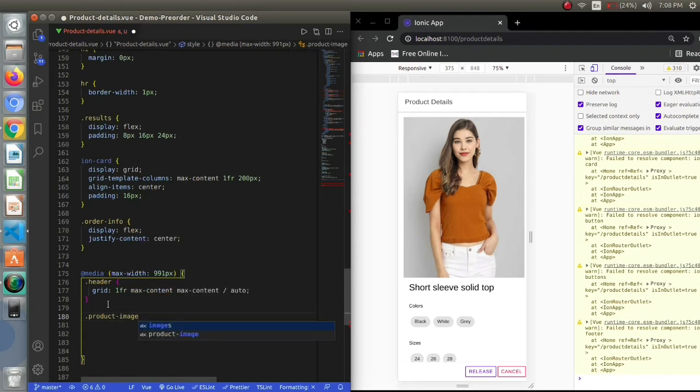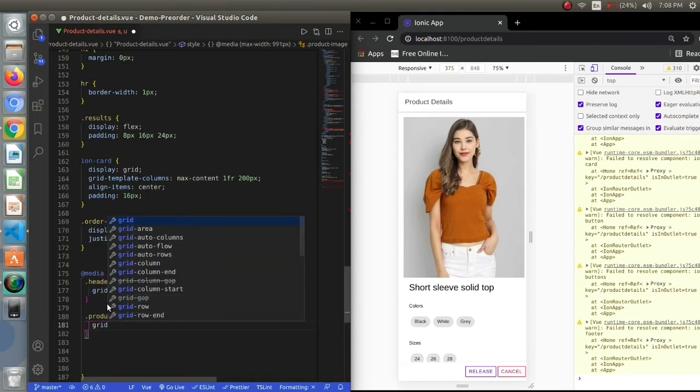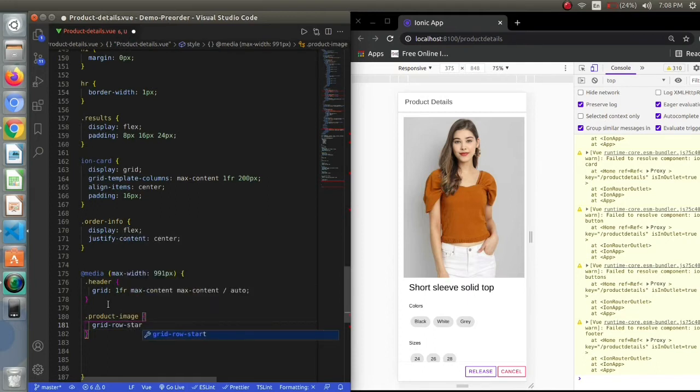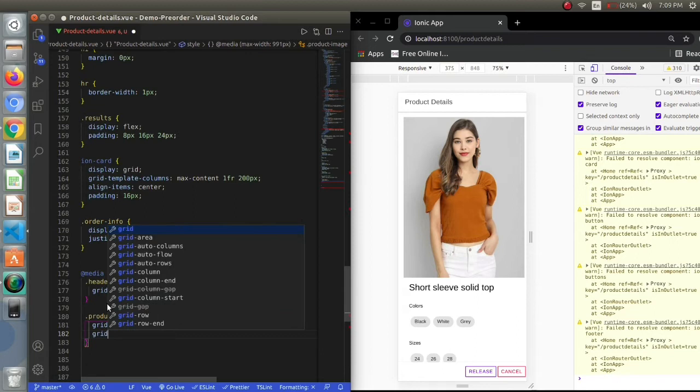Now I will be setting where I want my rows to start and my columns to start. So I will be setting the grid row first. I want my row to start from 1 and end at 3.